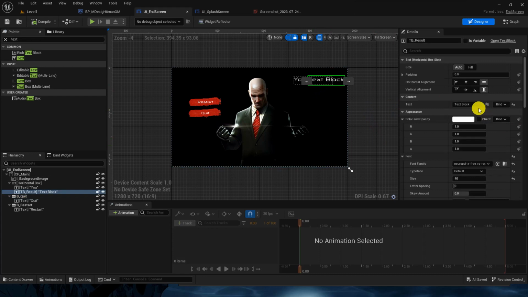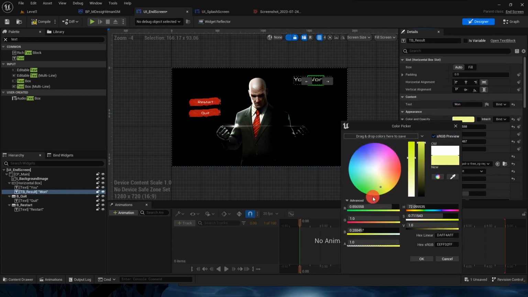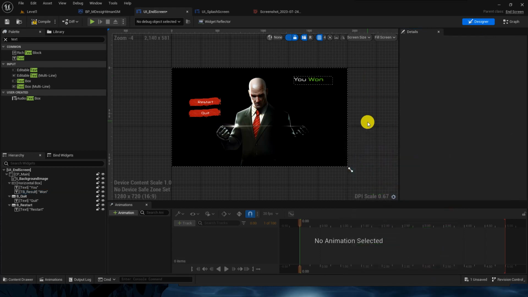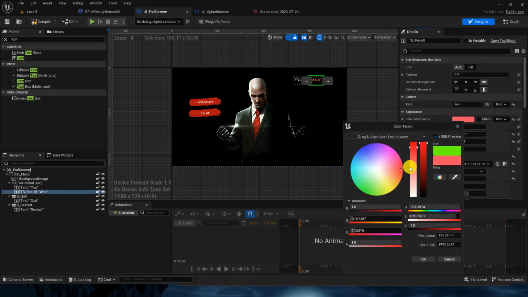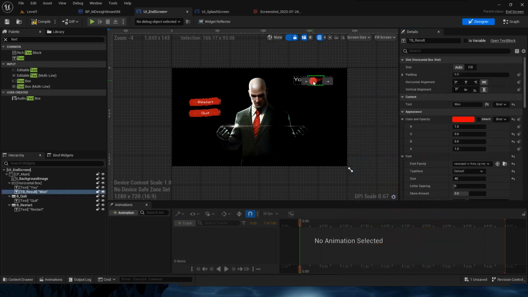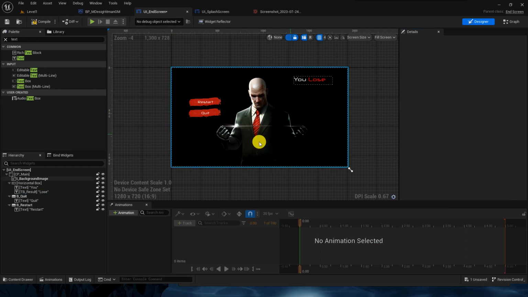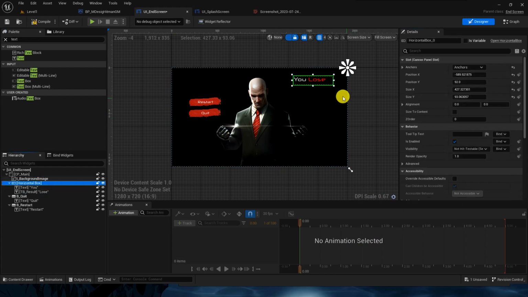Text block maybe 1, and I can change the color to green. It will look something like this, or you lose, and lose will be in the red. If I change it to red, it will look somewhat like this. Pressing OK to be lose, but we already coded, so it will look fine.